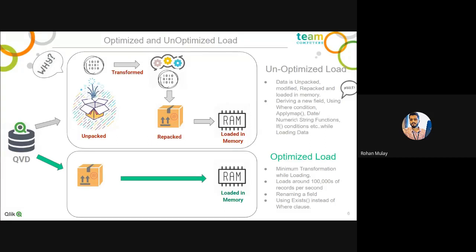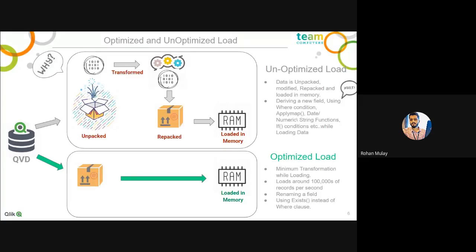So one question will arise in your mind: what is the option to make an unoptimized load an optimized one? This is what I'm trying to explain here. You can see the diagram is self-explanatory. First, we'll go to the second diagram here. We are fetching the data from QVD, and I'm doing a load star. Because I'm doing a load star, that data is directly getting loaded into memory, and we are using it in the dashboard. There is no operation performed, which is faster. And when you reload that application, you will see the word optimized or unoptimized, depending upon the way you are reloading it.